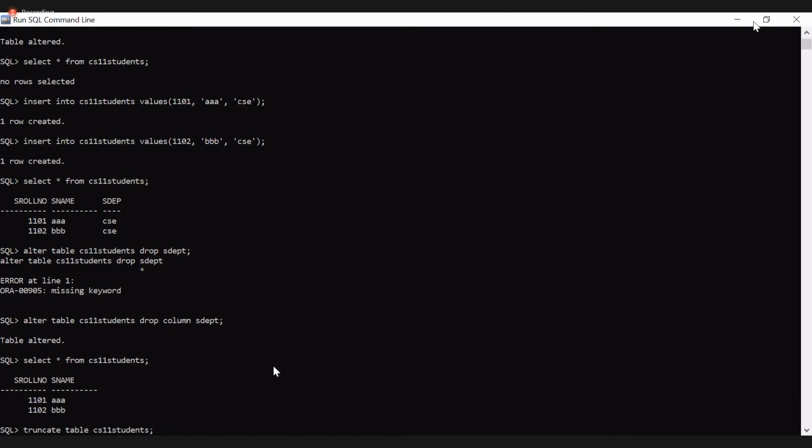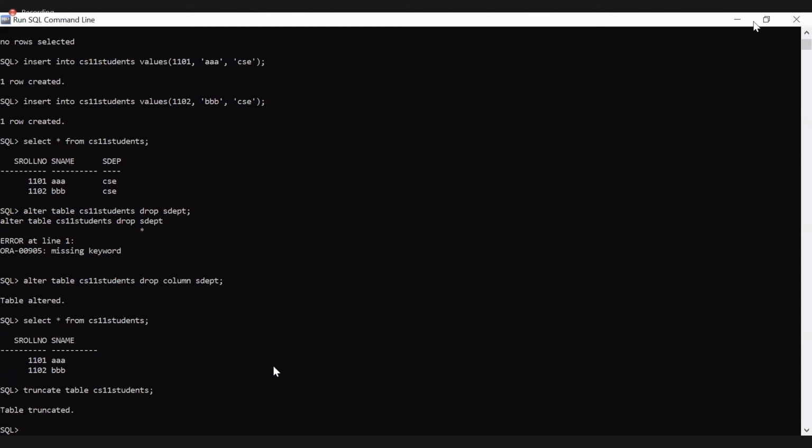CS11 students. So the table is truncated. We have to check whether the table was truncated or not. For this purpose, which command should we execute? Select star from CS11 students.